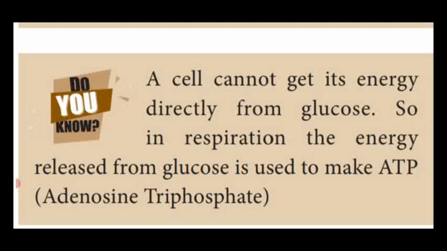So that's why it is given in the paragraph that the end products of light dependent reaction are ATP and NADPH2, that is the chemical energy. So this energy, that is glucose, cannot be directly used by the cell or a tissue, so it is modified into ATP, that is adenosine triphosphate.